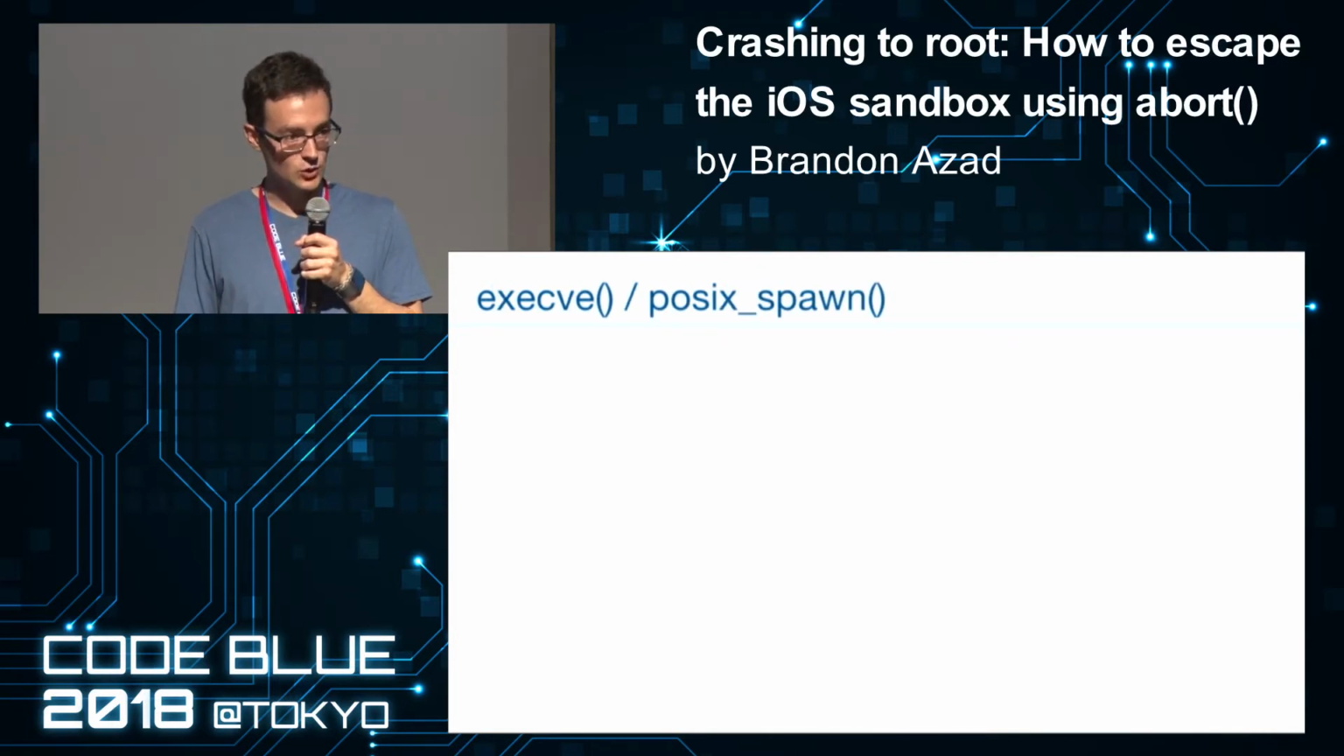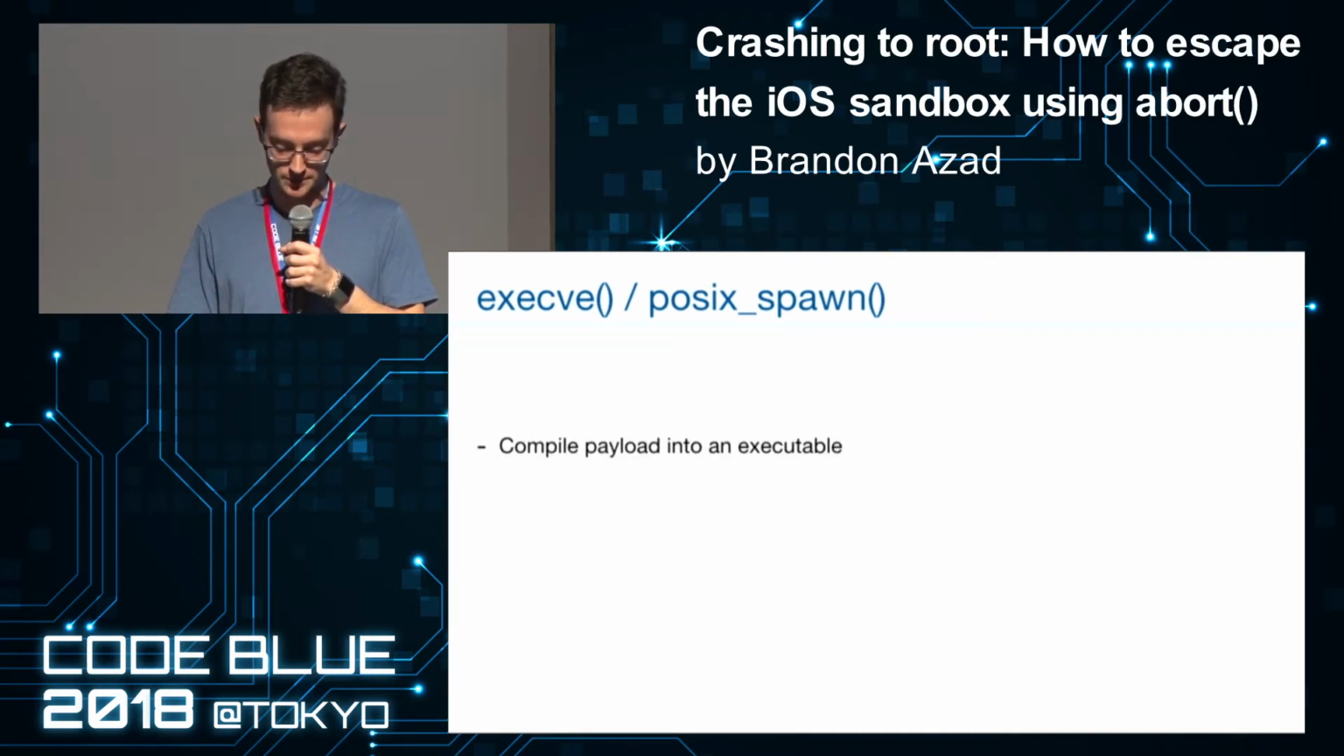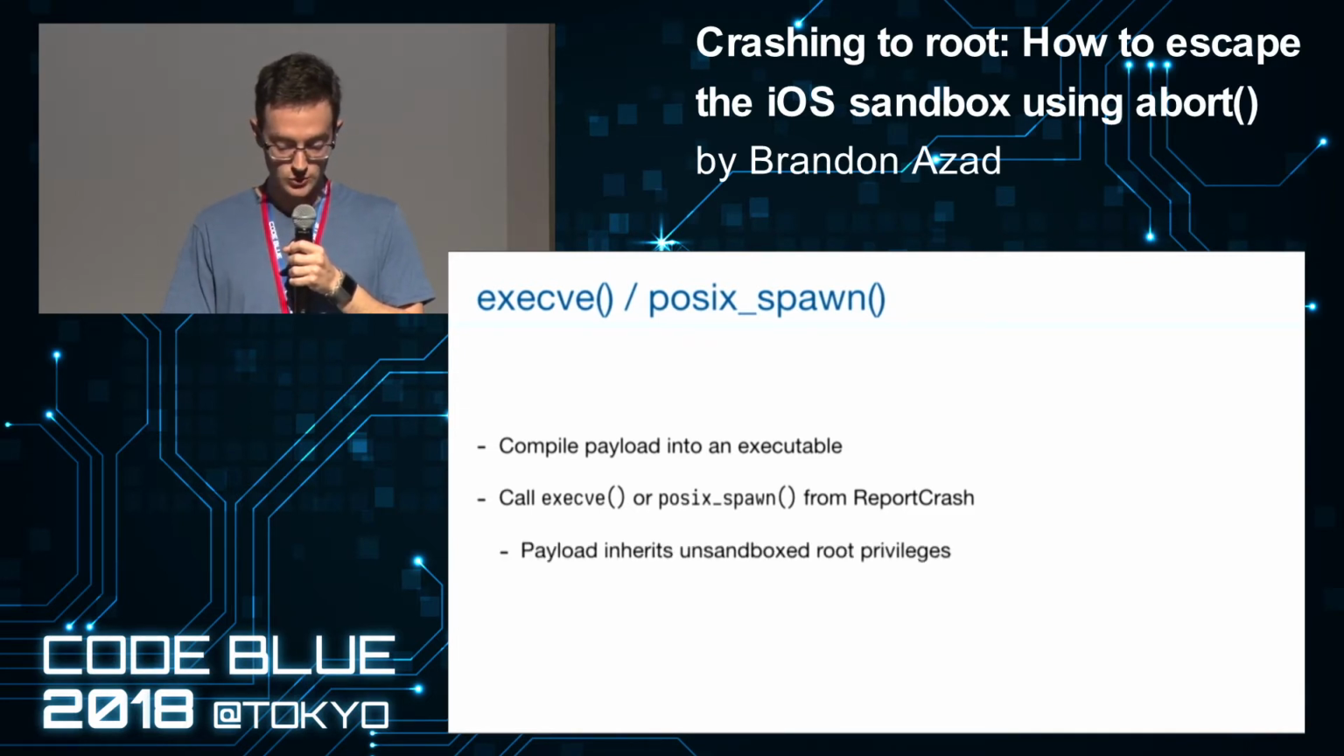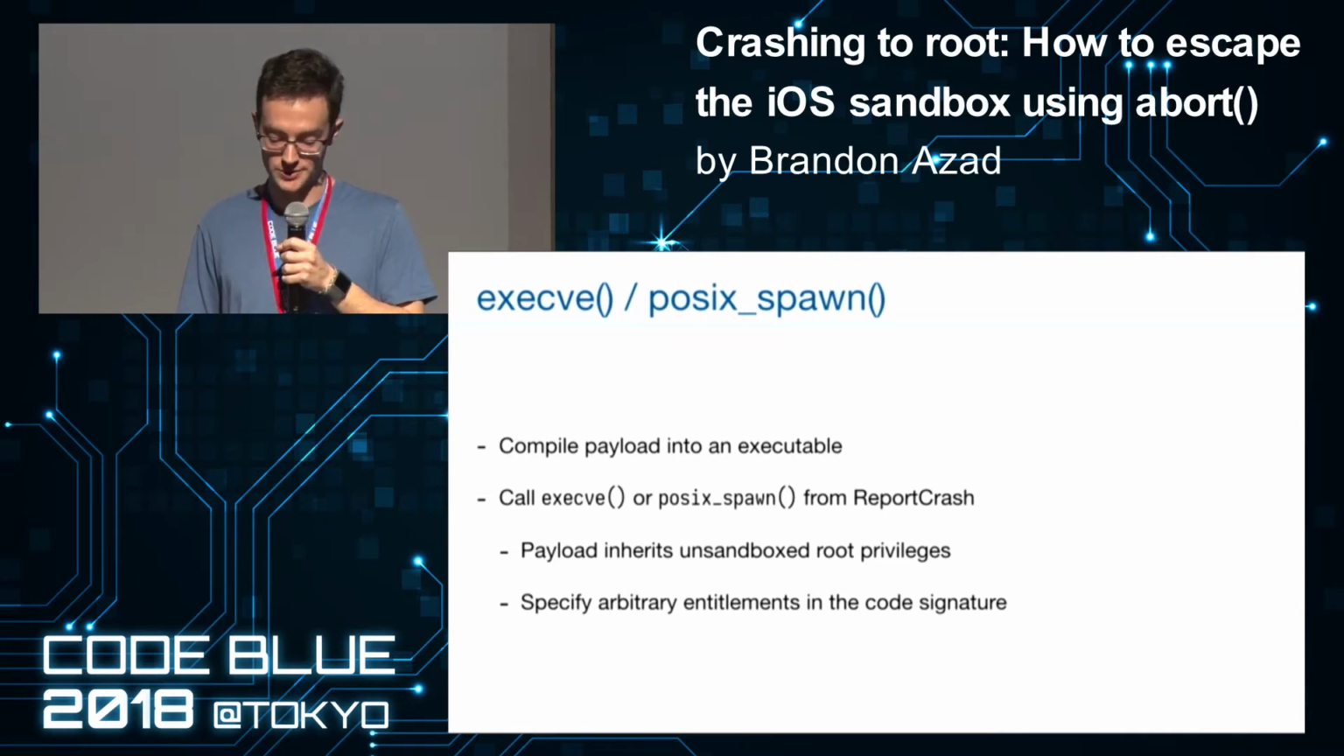And that's the execve or posix_spawn technique, although we'll be focusing on posix_spawn. This time, we'll need to compile our payload into a standalone executable. And once we have our binary, we can call execve or posix_spawn from within ReportCrash to load it. The resulting process will inherit ReportCrash's unsandboxed root privileges, but not its entitlements. However, we can specify arbitrary entitlements ourselves in the code signature, so we'll be sure to put task_for_pid